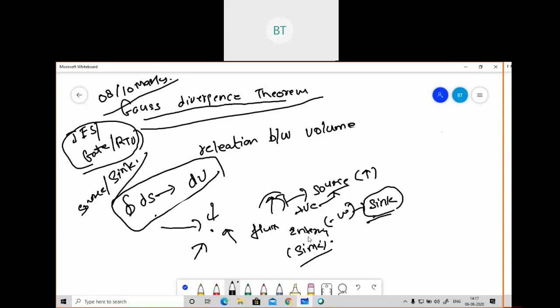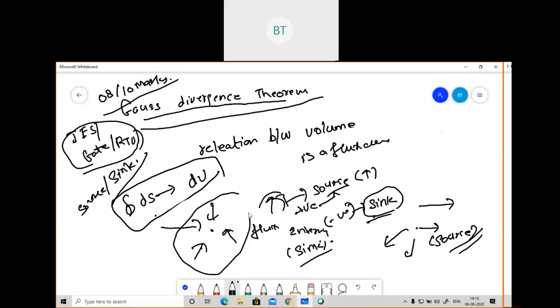If you are facing any difficulty, you can ask in between. And suppose this is our object, and if the arrows point in the outside direction, we'll call it a source. So this will be our source. Based on Gauss divergence theorem, it is a flux density which explains how much flux is entering or how much flux is leaving. This is where flux is entering and this is where flux is leaving. This is an object.